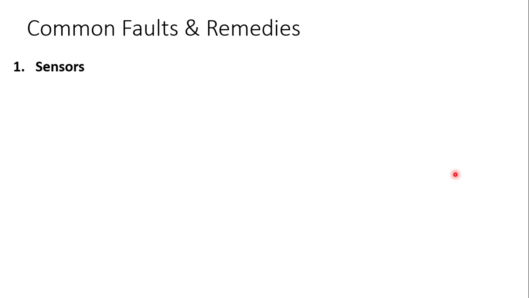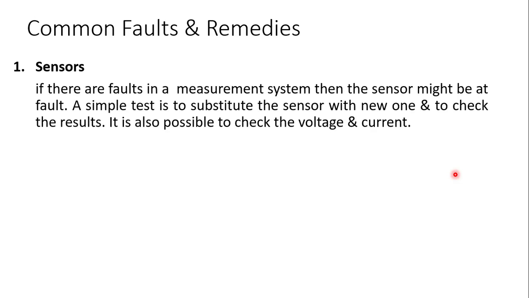Then what are the common faults? First of all, for the electronic components, the first is the sensors. If your sensor is faulty, then what could be done? How could you know that the sensor is faulty? It can be substituted with a new one. Clear? So a sample test is run with a newer sensor. If the older sensor and newer sensor give the same value, it means your sensor is perfect. If not, then you change your sensor. So it is a comparative test.